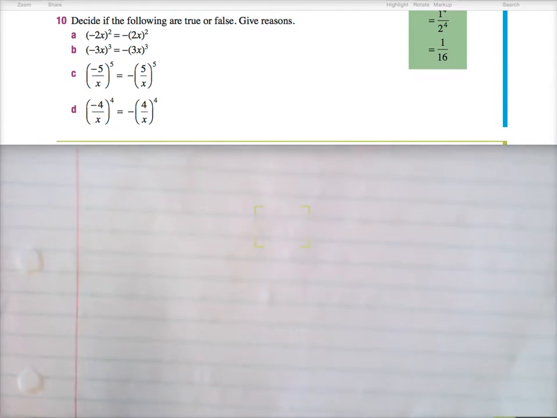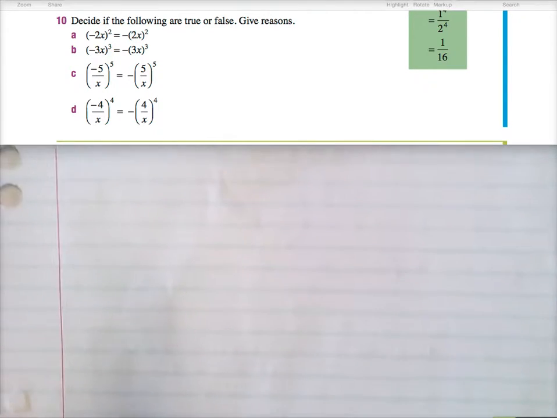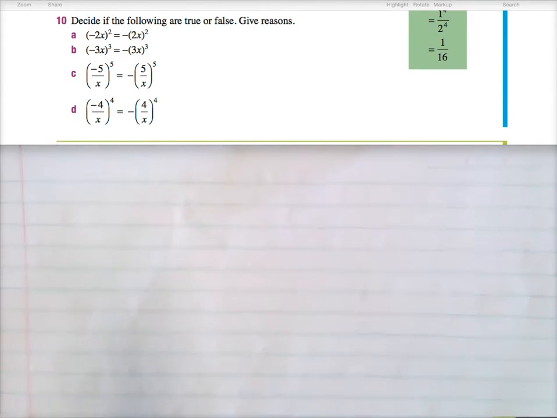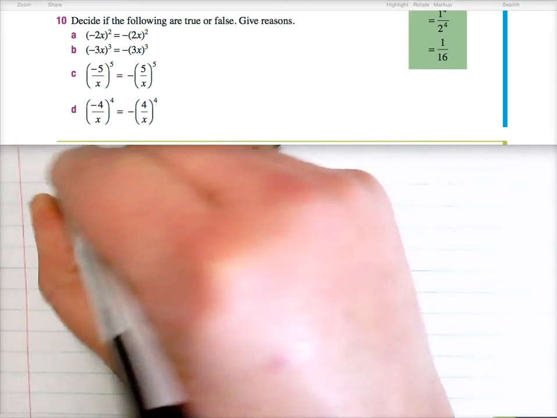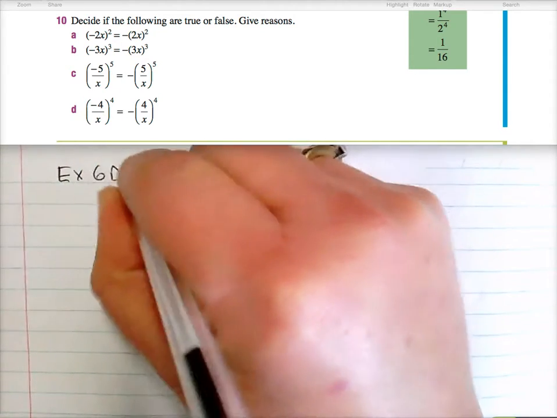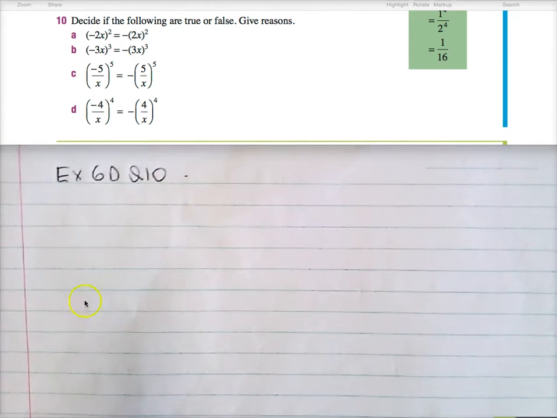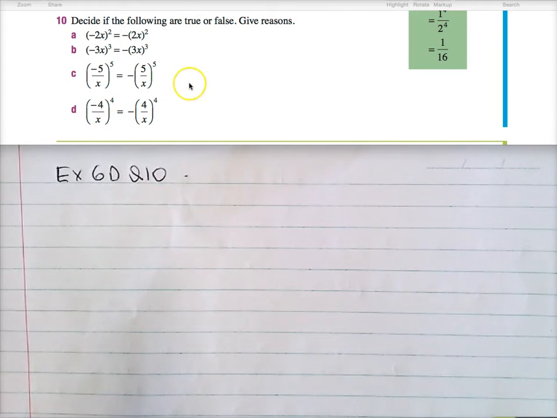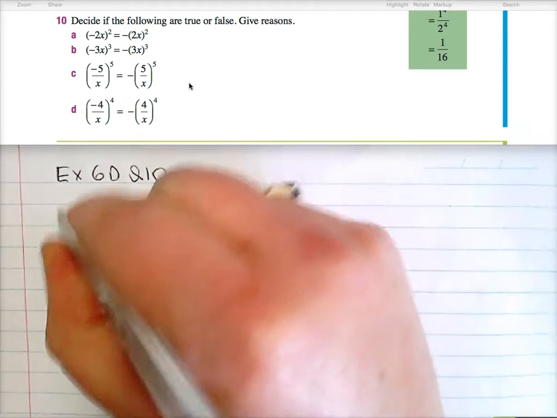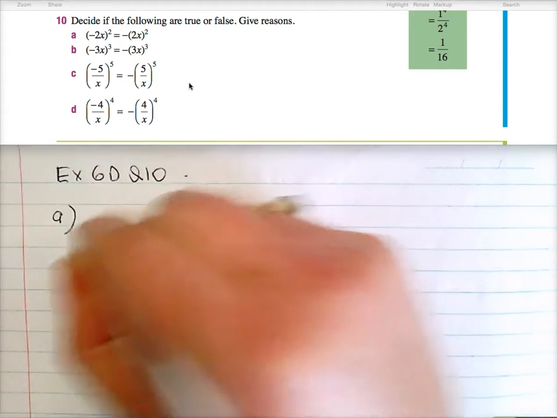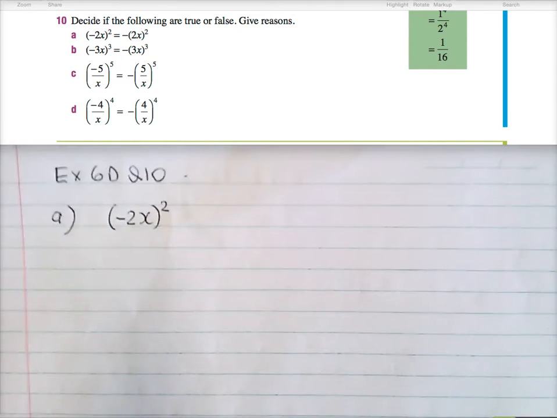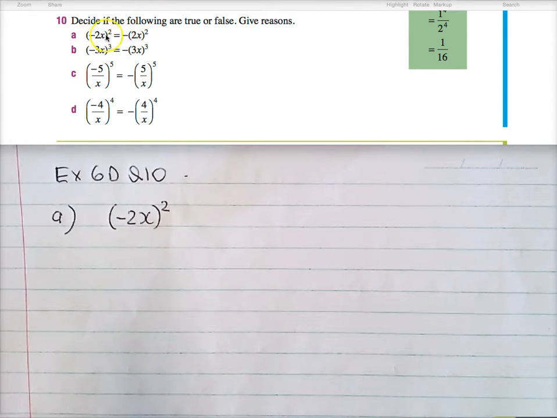Okay, we're looking at homework problems from last lesson, exercise 6D, question 10. Decide if the following are true or false and give reasons. Do you want me to look at 10A? Negative 2x squared. What we're going to do, we're looking at question 10A and it's saying decide if the following